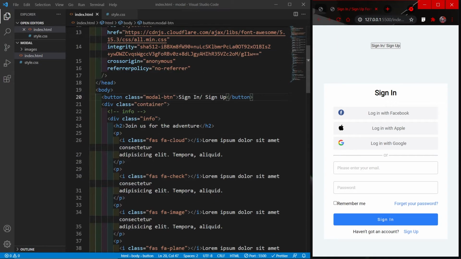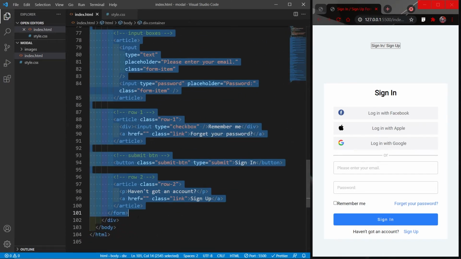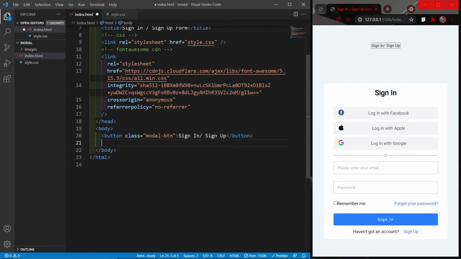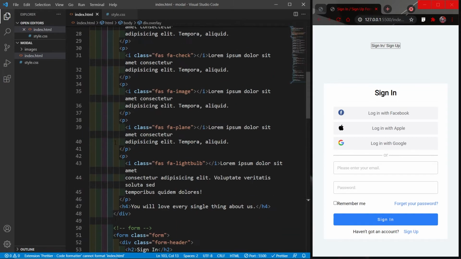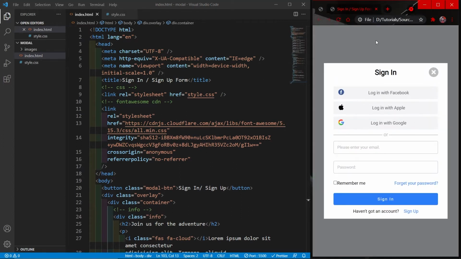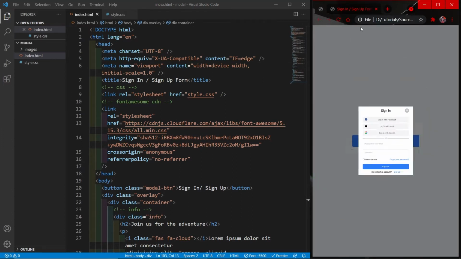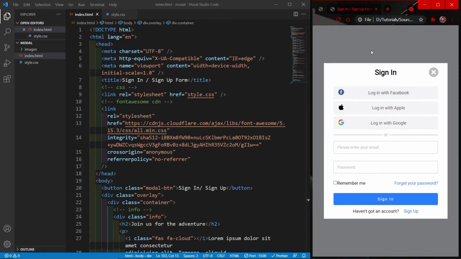Now the next thing to do is wrap all of our form content. I will cut it first, then create a div with a class of overlay and paste all of the content inside this div. So this overlay class is basically this black overlay that we have behind the form, and we are going to wrap everything, all the Modal content, inside this overlay.